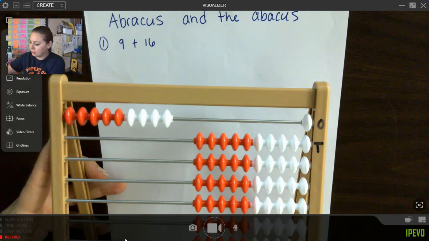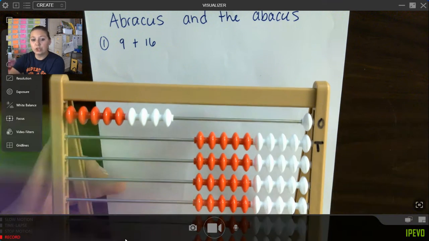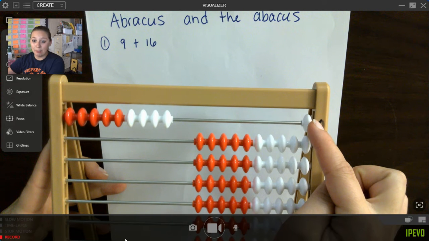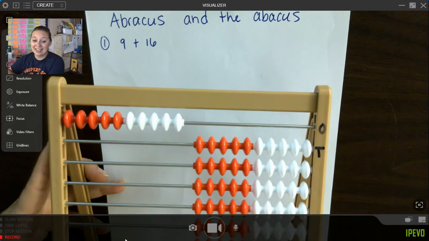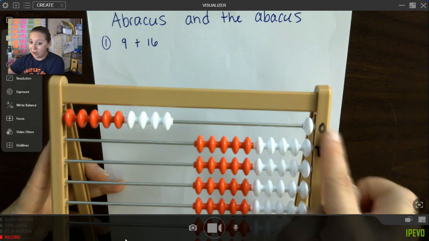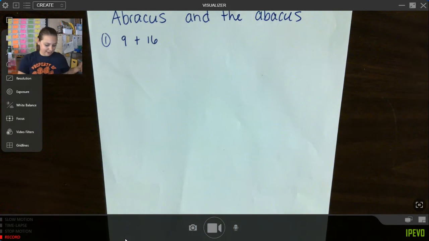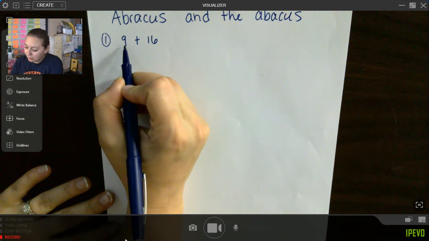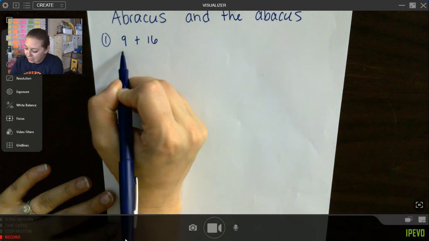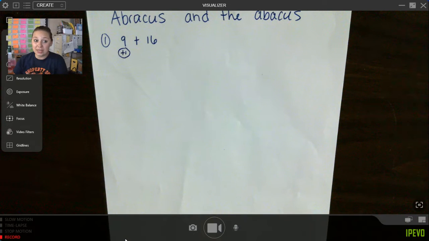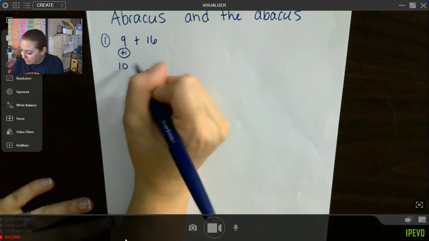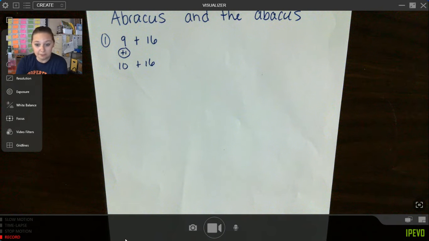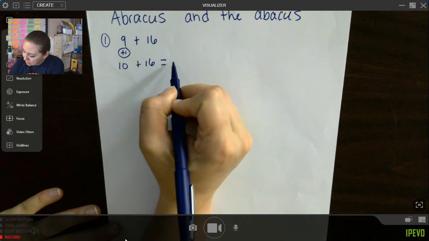So Abracus, abracadabra, will change and he will compensate. 9 is not easy to count by, but 10 is. And it was only one bead away from being 10. So what we'll do down here is abracadabra, change that 9. We will add 1 so that it's 10. Now the problem is 10 plus 16, which is much easier than 9 plus 16. 10 plus 16 equals